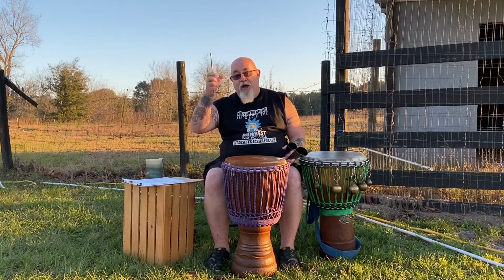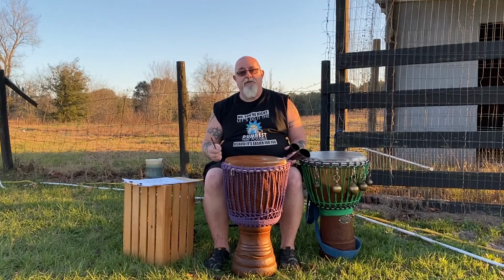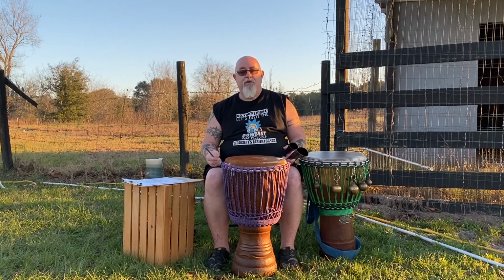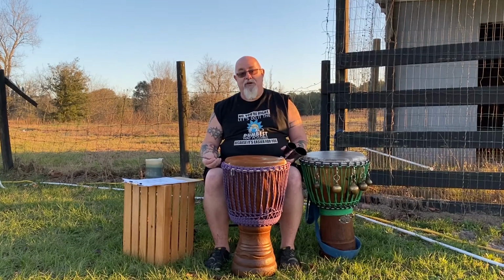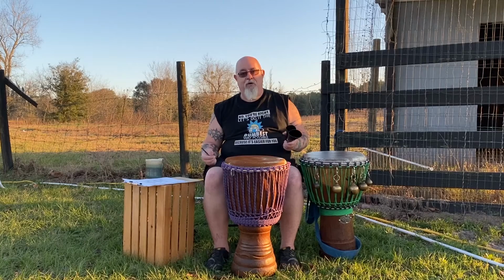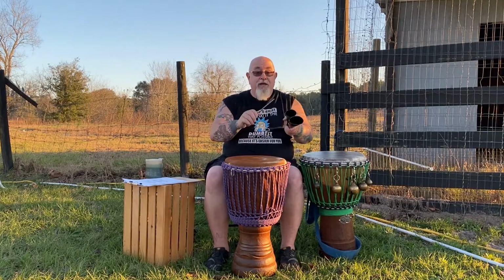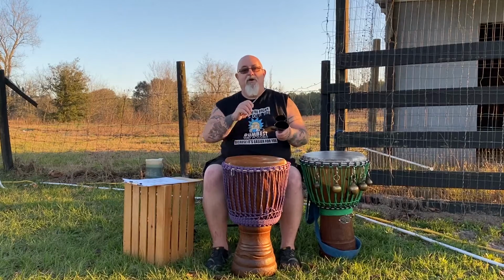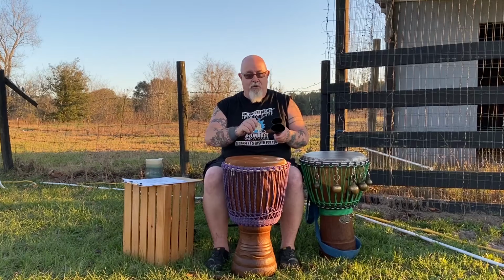All right, so our bell pattern for PaCham is a very sparse pattern. It's 2 bars, and I know you go, oh God, it's long, but it's just this. We're gonna launch right into it off the count. 1E and 2E and 3E and 4E and 1E and 2E and 3E and 4E and 1E and 2E and 3E and 4E and